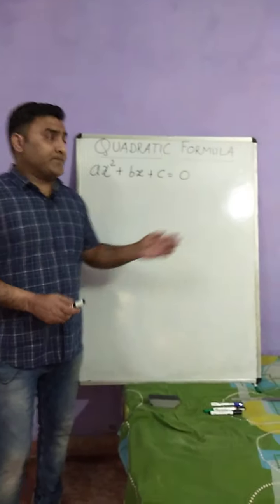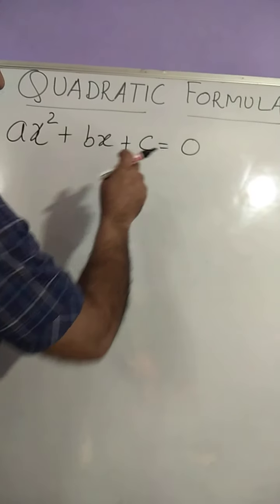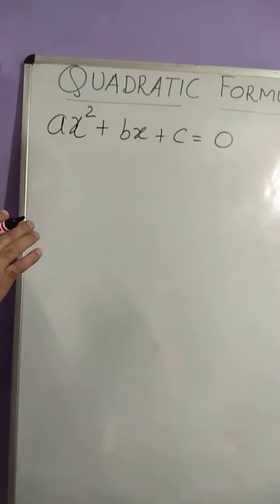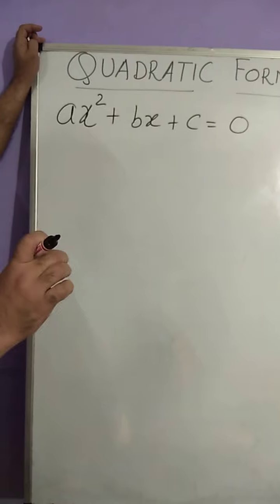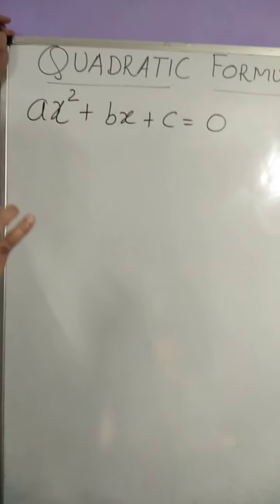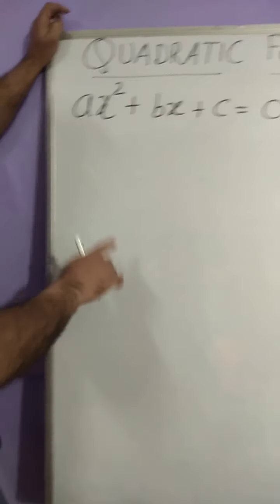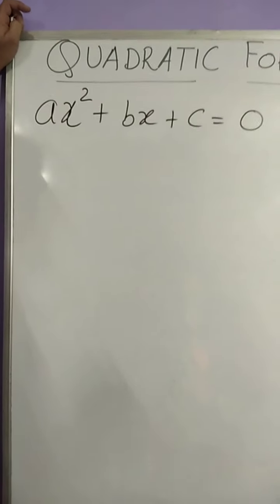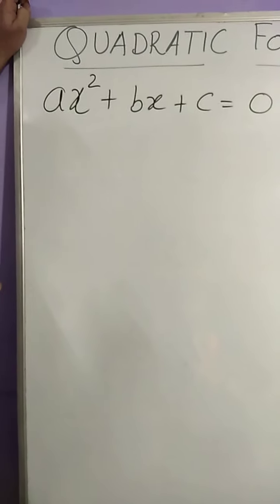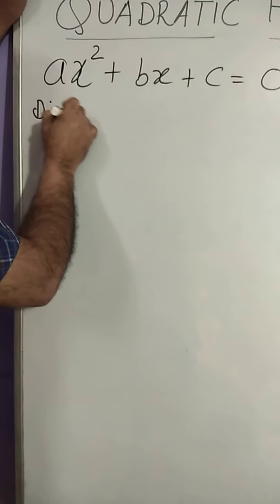So let's get started. Now the general quadratic equation is ax square plus bx plus c. See what we will do. We will simply solve this quadratic equation using the completing the squares method. So let's see. In the first step, if you remember, what is the first step of the completing the squares method? Make the coefficient of x square 1. So what is the coefficient of x square here? A. So how to make it 1?